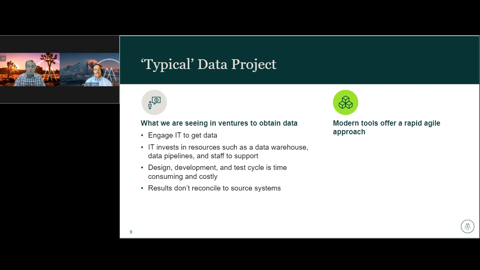IT then might be investing in a data warehouse and data pipelines, which take data from source systems, put it into your data warehouse, and then from your data warehouse to your BI tool, plus staff to support that, right? That's all costly and time consuming. The third bullet ties in with that data warehouse concept in the sense that it takes time to build out those data sources that feed into your BI tool to make informed decisions on.